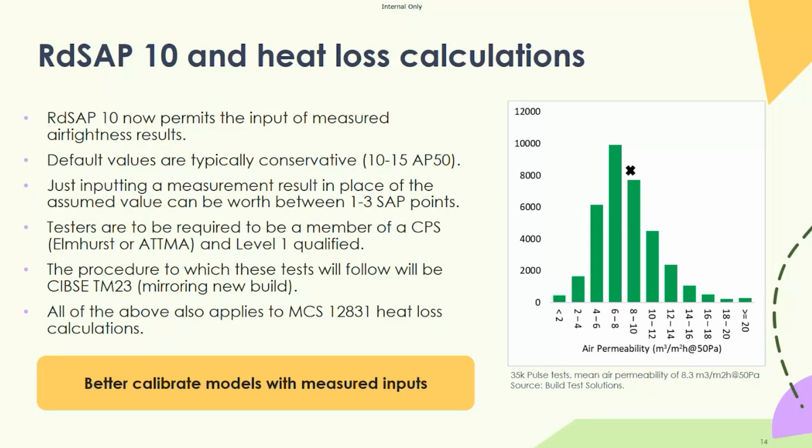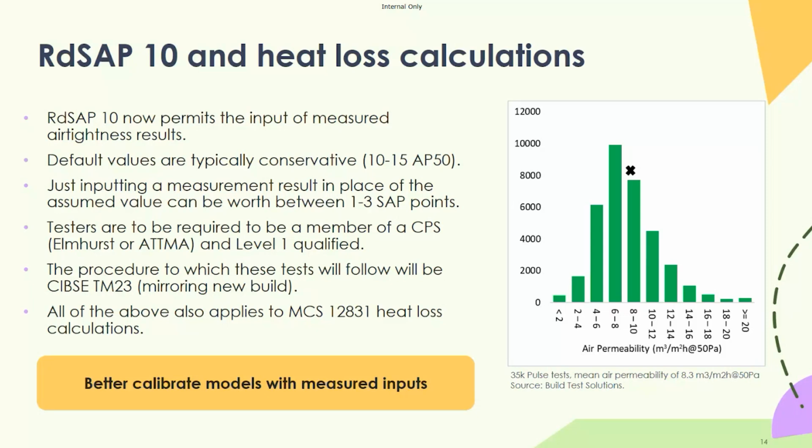So it's not unusual to see some out at 15 air permeability or higher, but equally we're encountering a good number that are 2 to 4, 4 to 6 air permeability at 50. So a lot of existing buildings are actually more airtight than you might think. And it's that classic, you can't manage what you don't measure. Until you've actually tested and understood what you've got, how can you possibly conceive a sensible ventilation strategy? And if you imagine even simply hitting that mean value of 8.3 rather than using the default air permeability value of 15,